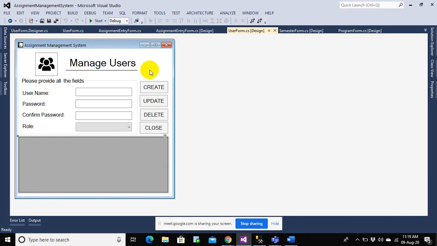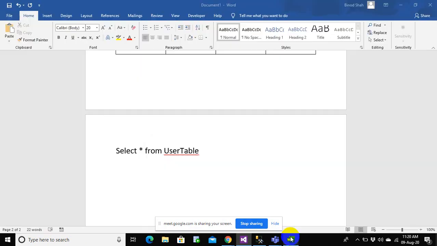So first of all, we will get the data to the data table, and from the data table, we will bind it to the grid view. Otherwise, I have to write a for loop and a query to bring each and every row and then populate the grid view, which is not a very good idea. The better idea is to get the data to the data table and then bind this data table to the data grid view, which makes the operation very fast, rather than directly operating with the database, which makes the operation very slow. So in order to make the data retrieval process fast, you'll be using a data table.